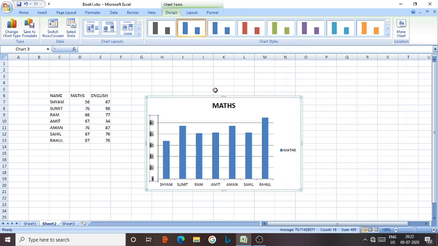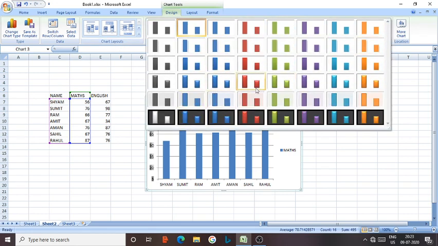After that, if you want to make changes in any component in the graph, you have to click on that one and you can make the changes. Say for example, if you want to change the title, that also you can change. If you want to represent the numbers inside the bars, for that you have to go to chart layout. When we select any chart, two properties automatically appear: chart style and chart layout.